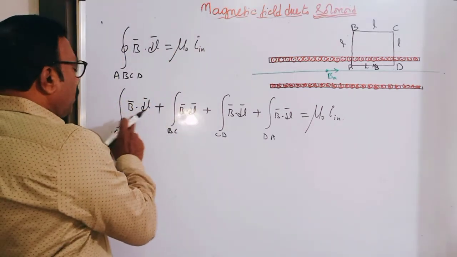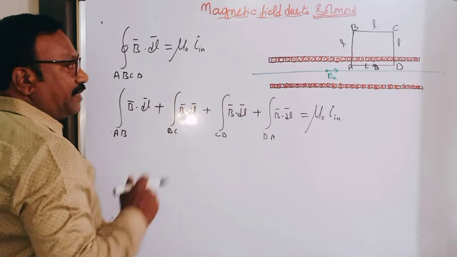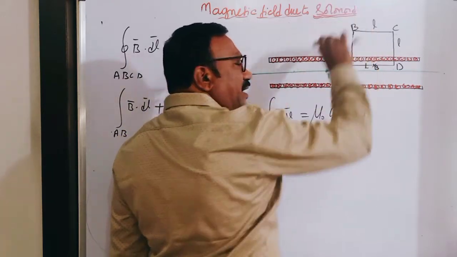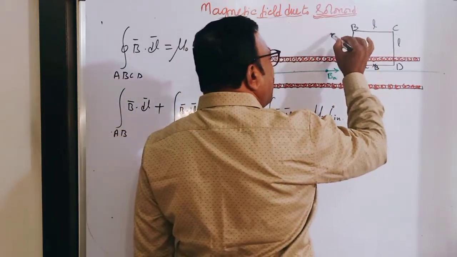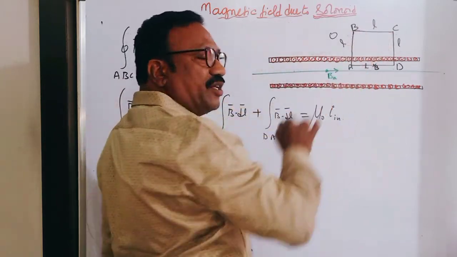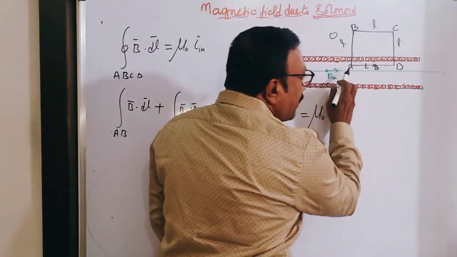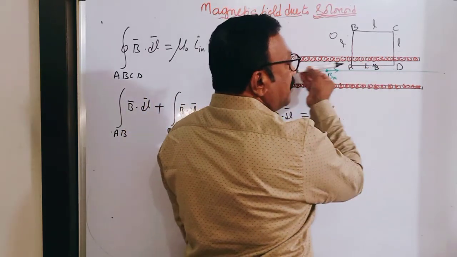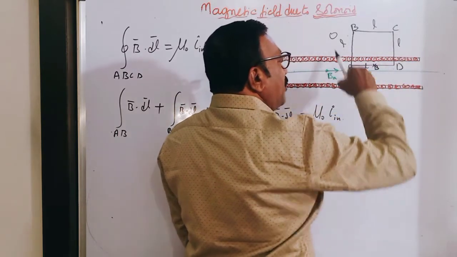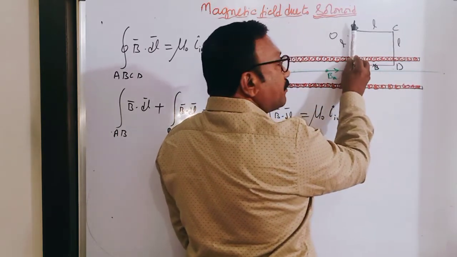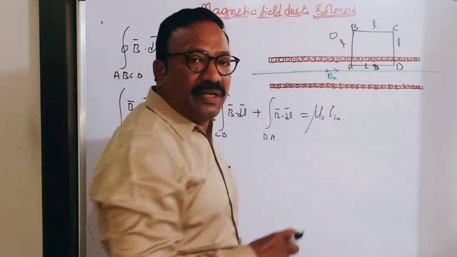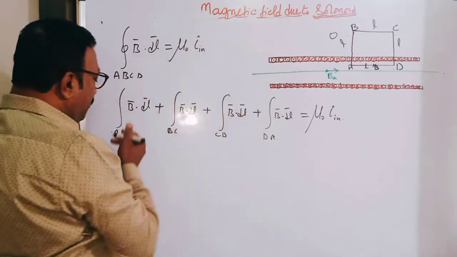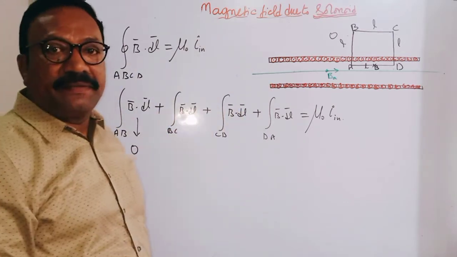So let us say, what is this integral B dot dl along the line AB? Anyhow, outside, the magnetic field is 0. So because the magnetic field is 0 here, B dot dl will become 0 in this region. Now coming to this bottom part. This is the magnetic field direction, and I have taken a loop like this. This is the length direction. So the magnetic field and length are perpendicular to each other. So anyhow, even inside and outside, B dot dl has to become 0 only.